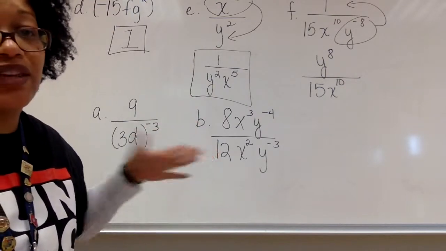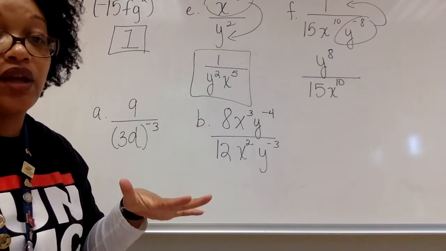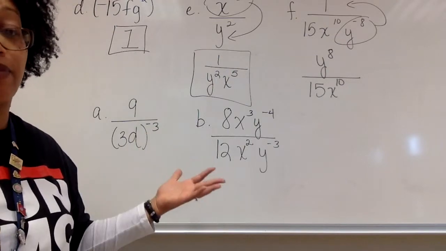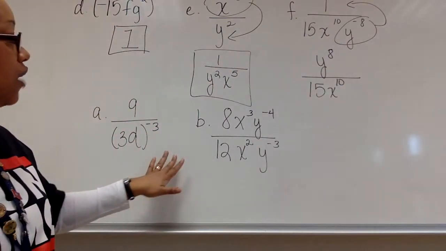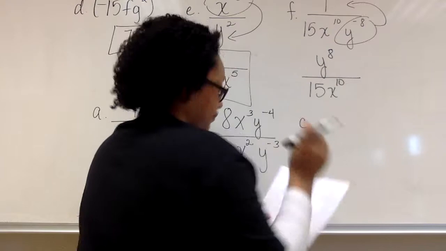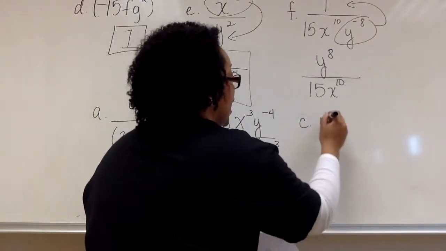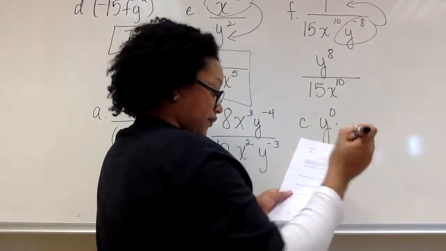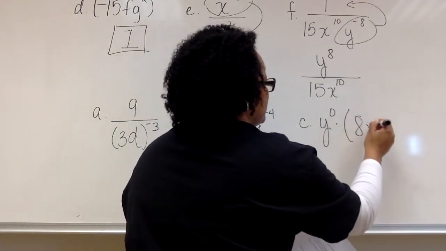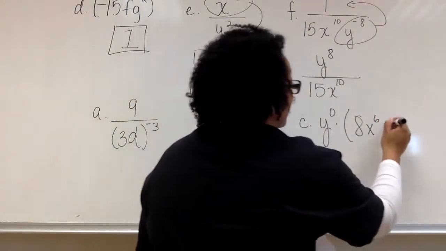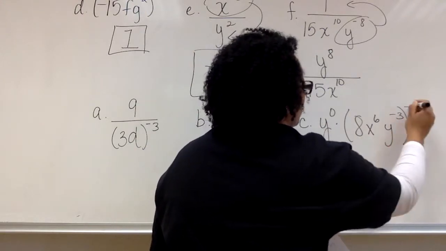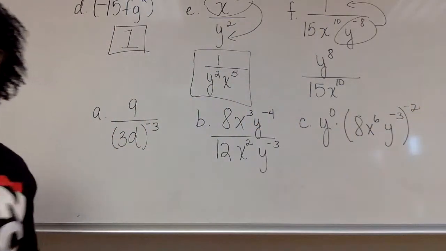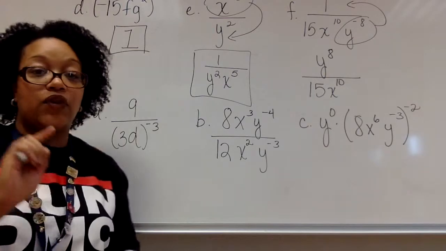And if you all need help with these, I will help you. Just don't skip them. All right? If you want to come and say, help me with these problems, I will help you if I'm in class. All right? Letter C says y to the 0 power times 8 times x to the 6th times y to the negative 3, all raised to the negative 2. So write these down, put in an attempt. If you get stuck, ask